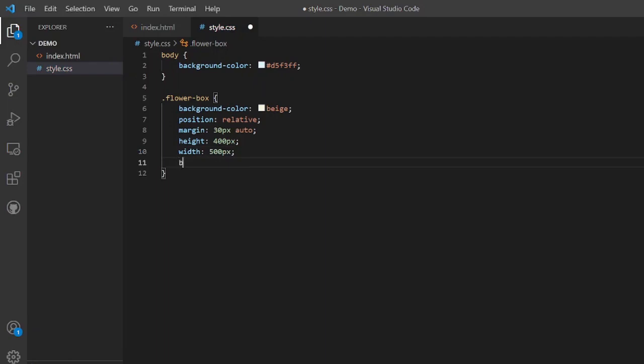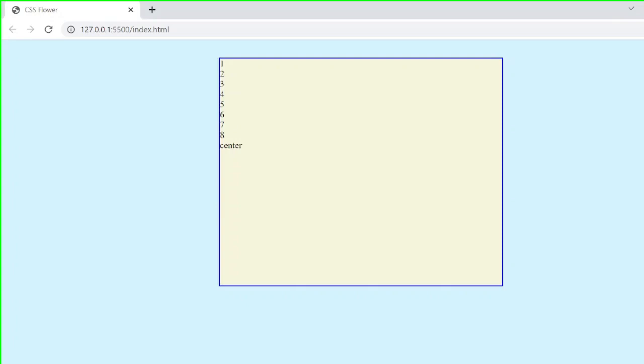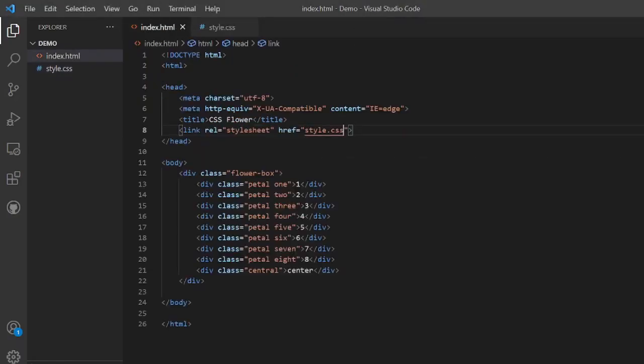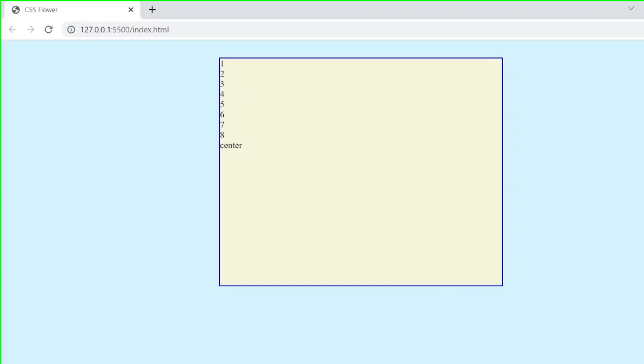Okay, now having a border of 2 pixel solid blue, and we can see the flower box container here. Now these petals are stored inside the flower box container as we have seen in the HTML. Inside the flower box class we have the petals. So on the browser we can see these petals are placed inside the flower box class.